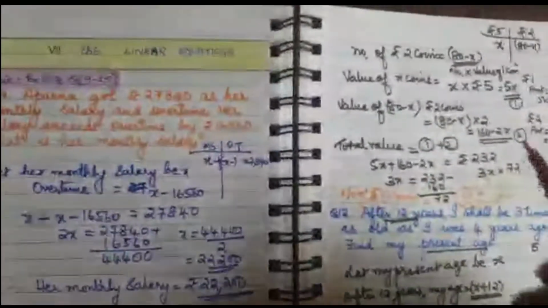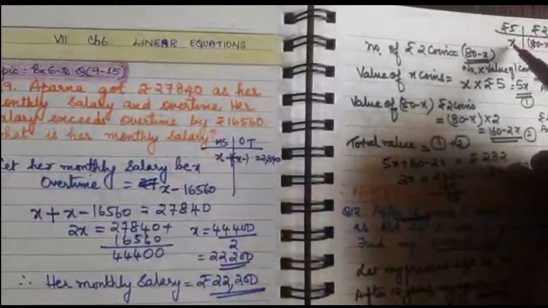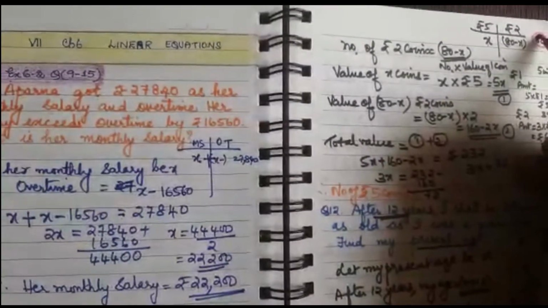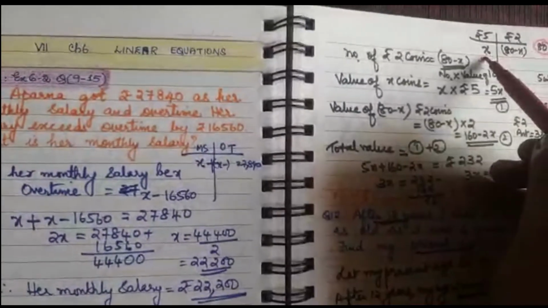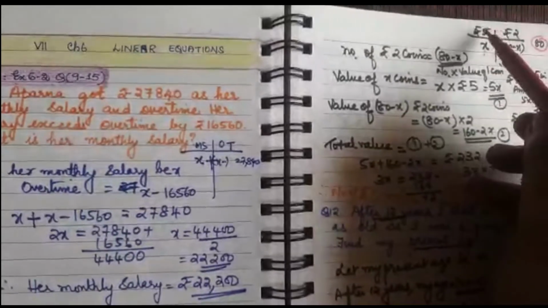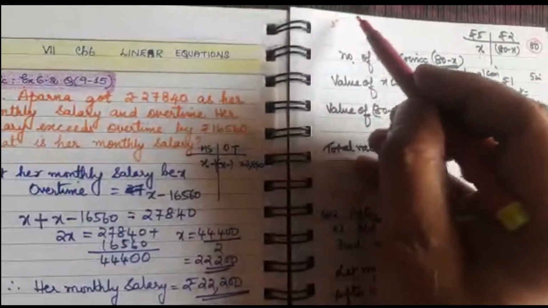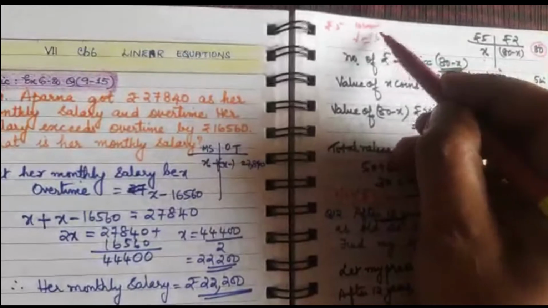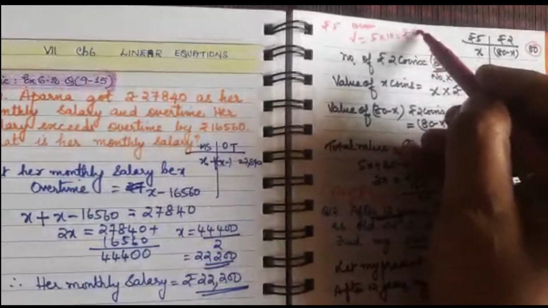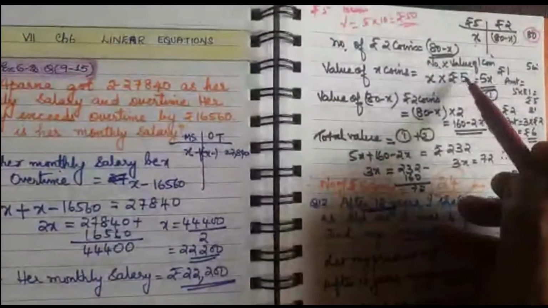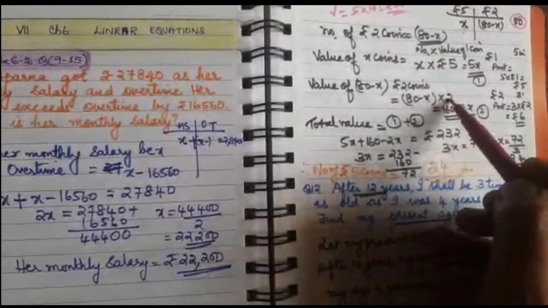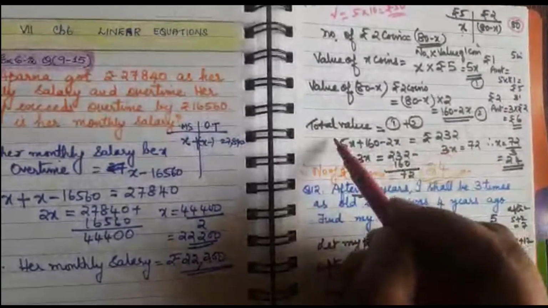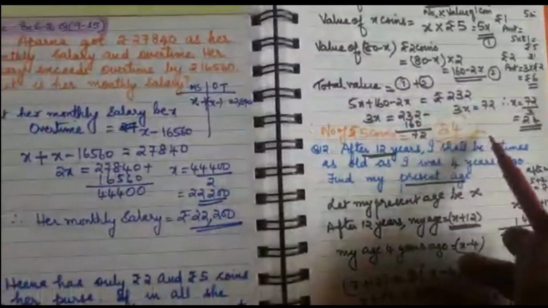And here this question was on the number of coins. So x you took as the number of 5 rupee coins. So the rest together is 80 coins. So 80 minus x. Now the value of this one is x into 5, number of coins into the value of one. Isn't it? If you have 10 coins of 5 rupees, what is the value? Value will be 5 into 10, that is rupees 50. Same way here. So the value is 5x in the first case, and the second is 80 minus x into 2. Together it is 232. So you will solve this equation, and you got it as 24.